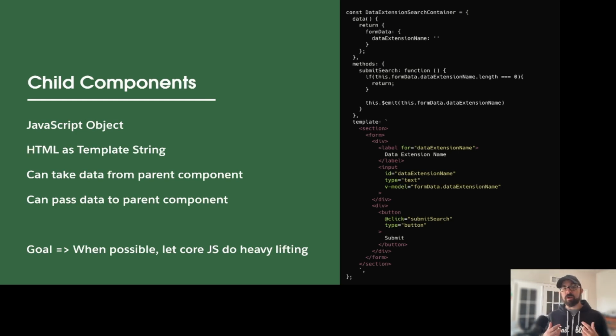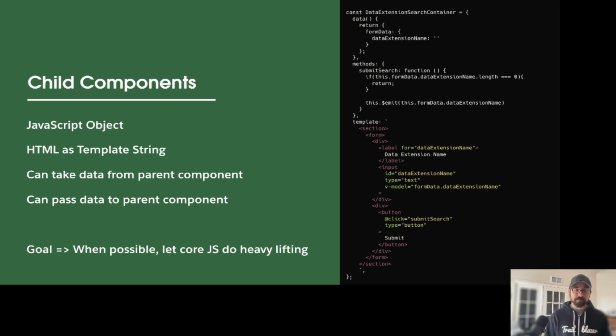So again, they are just simple JavaScript objects. You have that template HTML string, and with the child components, you can either take data in or push data out. So you can push data out through the emit function, which just signals that you're sending data up, and this is the function that you should run